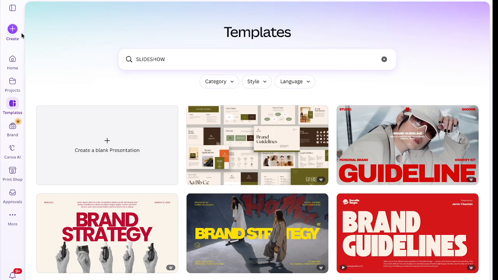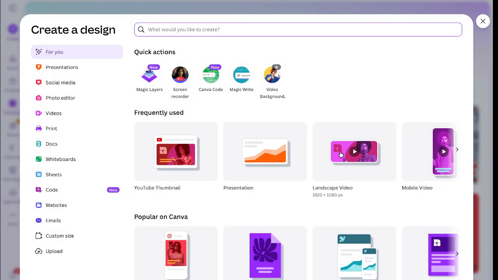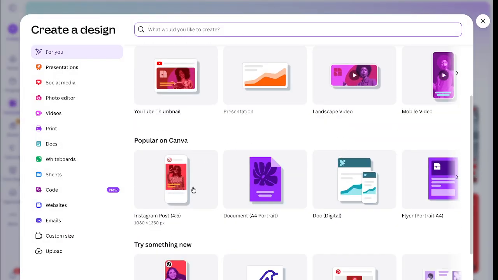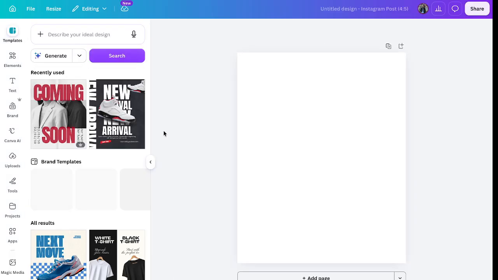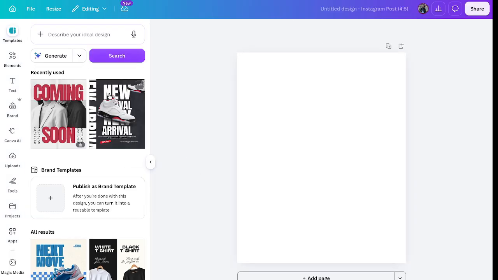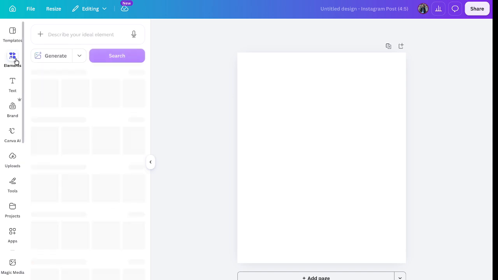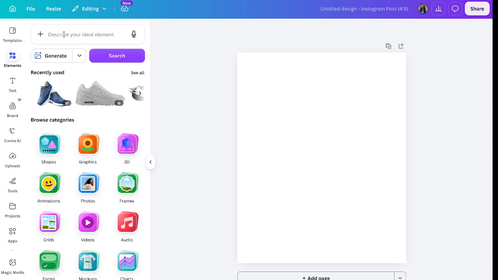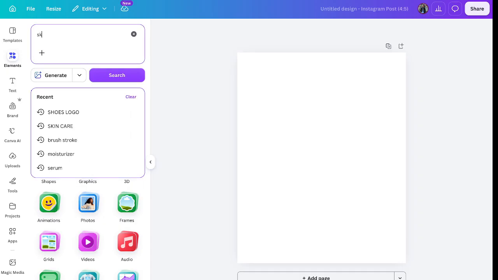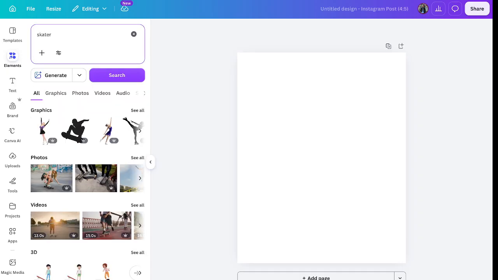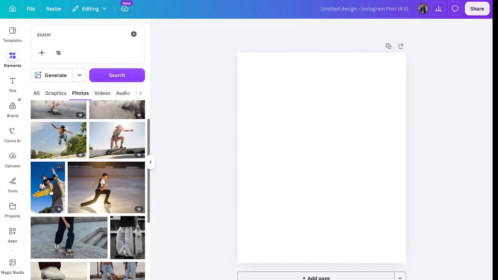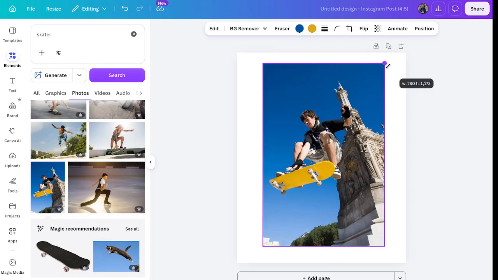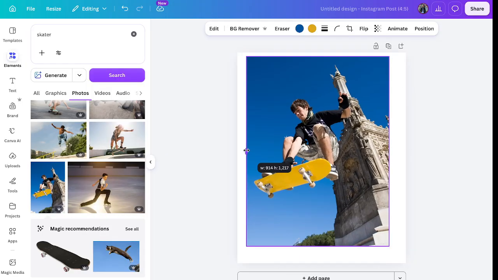First of all, we go to create a template, or create, then maybe since it's Instagram stories, we search Instagram posts. So it will be in a portrait mode manner. So for example, we have here an image of us. Let's say this is you, the skater. So we're gonna find some photo of a skater. So this one,